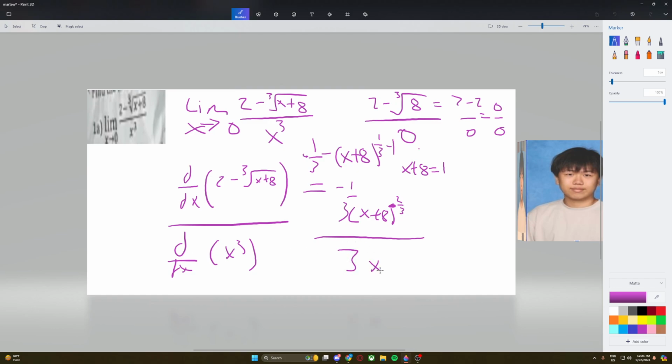That's just 3x squared. And if you simplify this, it would just be negative 1/3 times x plus 8 to the negative 2/3 divided by 3x squared, which would just be times 3x squared, which would equal to negative 1 over